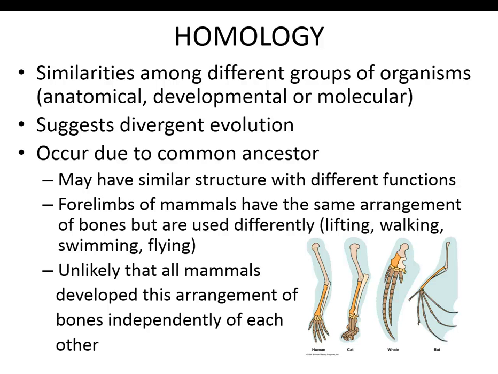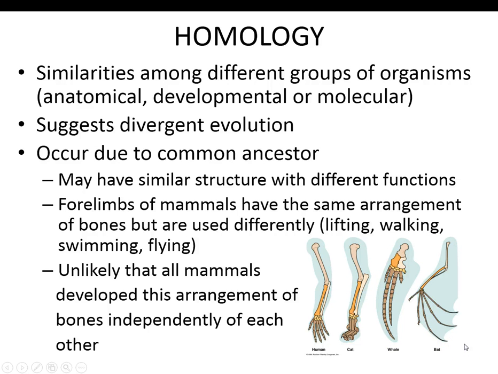DNA and protein. Now, homology suggests something called divergent evolution, which means that there was a common ancestor that diverged or branched off into two different species. And the reason that it suggests that is because when we look at species that we think have a common ancestor, we see some similarities or homology between their structures. So, for example, in the forelimbs of humans, cats, whales, and bats, these four pictured here,